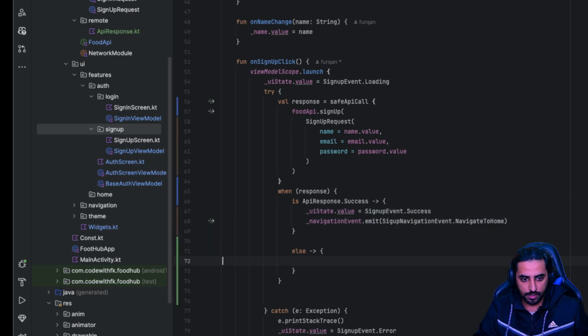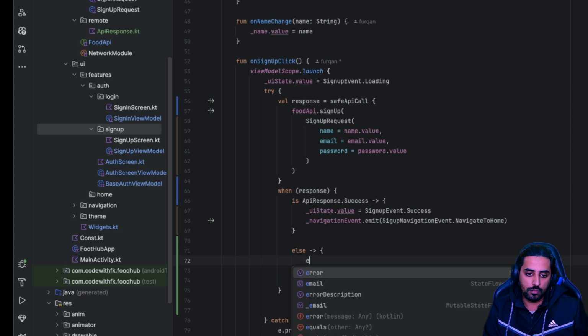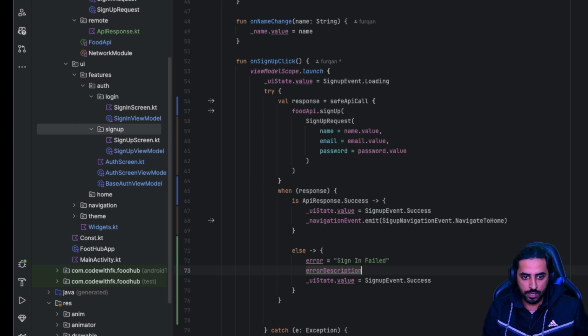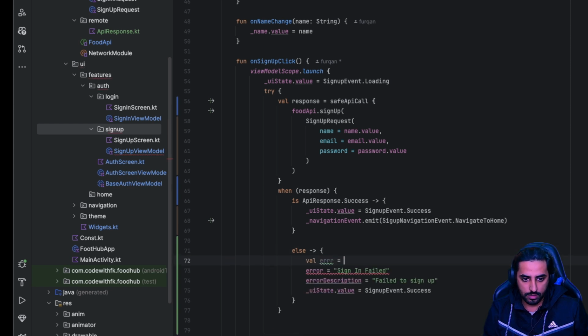For the failure case, you can set the error message to be, let's say, sign in failed, and the error description can be based on the error message, whatever it is. So let's say we'll say val error is equal to response as sign up event, sorry, is API response dot error. So if it's an error,